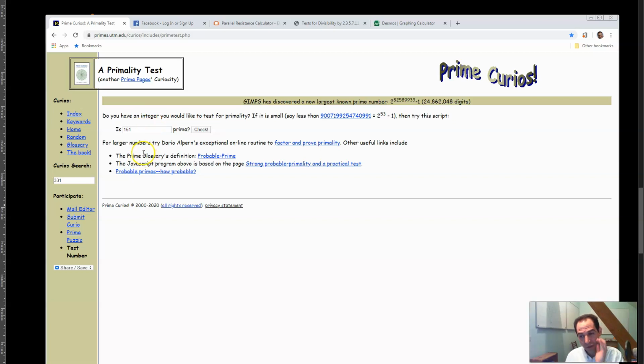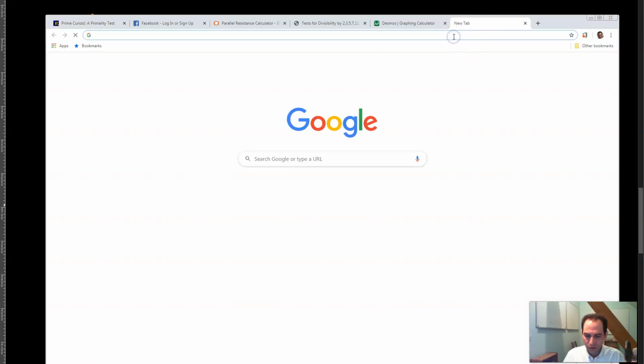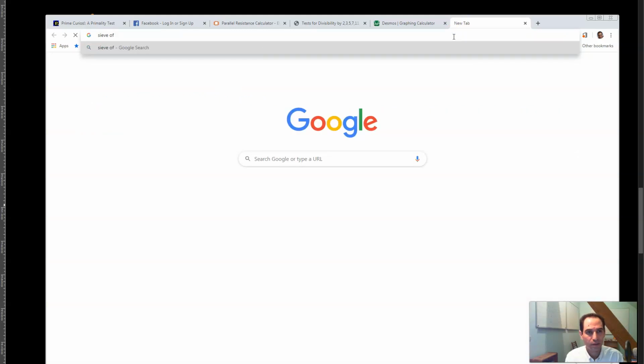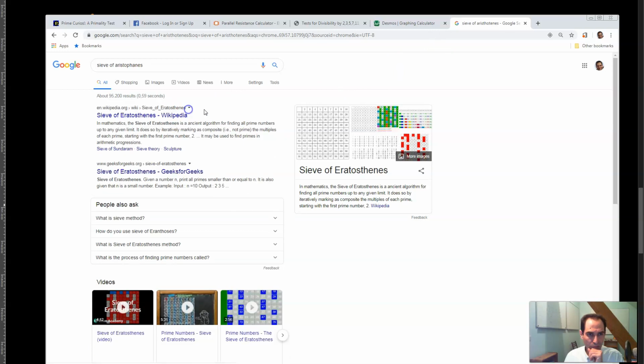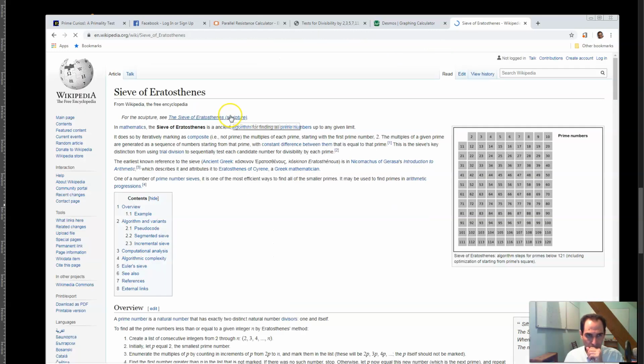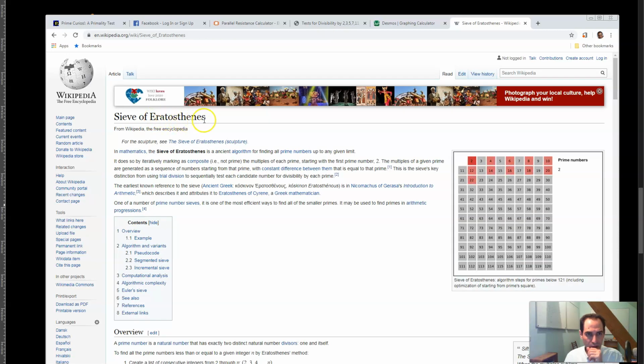There is also something called the Sieve of Eratosthenes. Eratosthenes, this is hard, I mean, there is no way to learn this word. The Sieve of Eratosthenes is basically